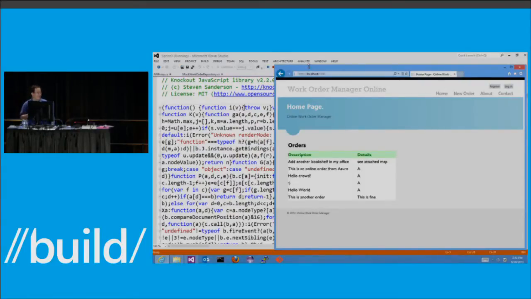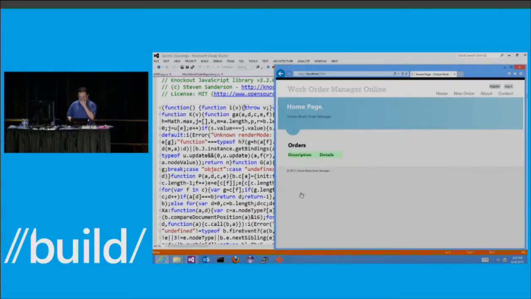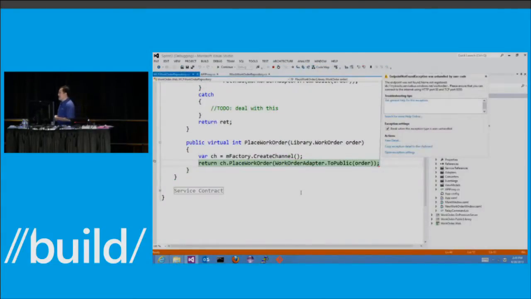There's no high availability configured, and my server just crashed like that. And now if I want to place a new order, this is a new order, some text. You can easily expect my website will actually crash because the server is gone. I'm using a relayed connection to my backend server, and the server is not there.